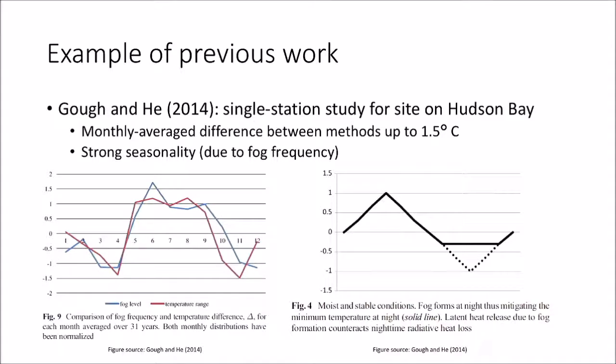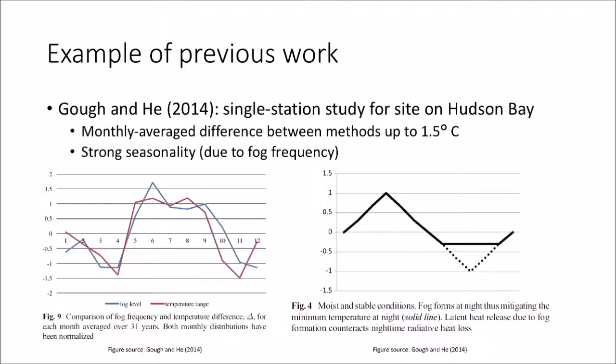So here's an example of a study looking at a single station using actual observational data to attack this problem of comparing the traditional method, T max plus T min over 2, to what should be a more accurate method, which is, of course, hourly averaging. So 24 data points versus 2 data points, now you can start to capture that daily temperature curve and that asymmetry in it, and then get a more accurate assessment of what your average daily temperature actually is or was.